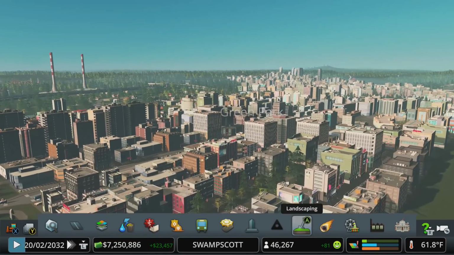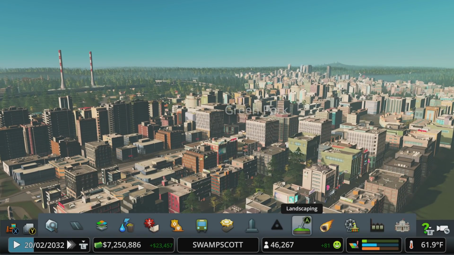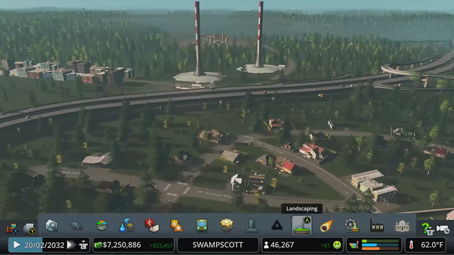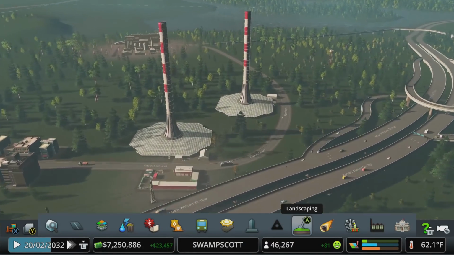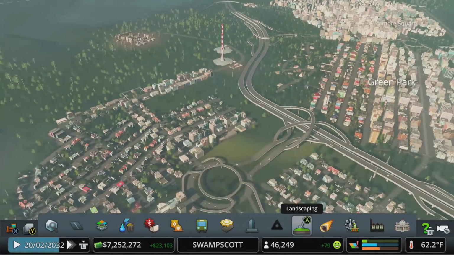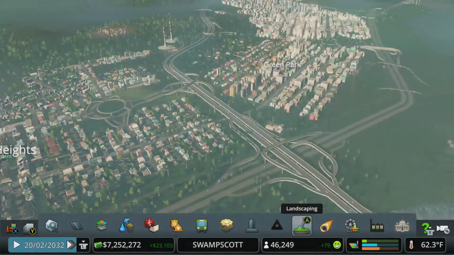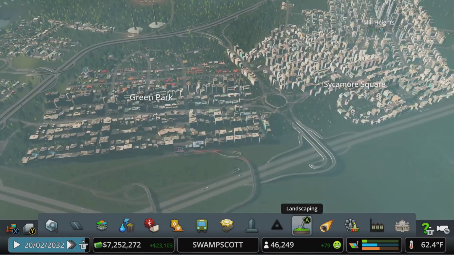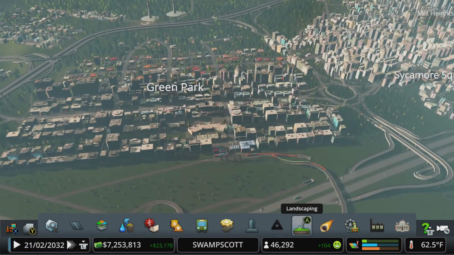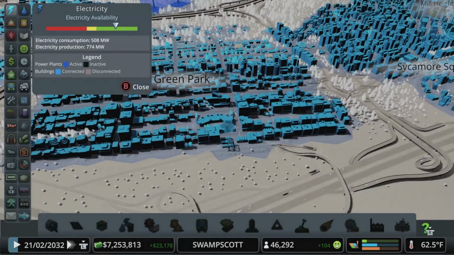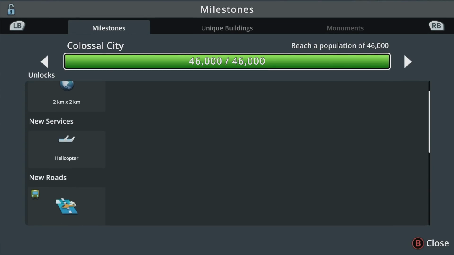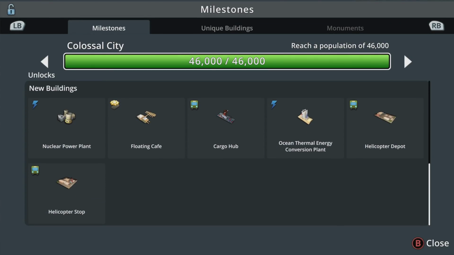I can't recall if that usually gets us there. I think that it does. A nuclear and 2 of these. Worst case, 2 nuclears and 2 of those, and we'll be good to go. And then we'll have the fusion plant, and then we will never need to worry about power again. So power's okay. We want to do the helicopters, but we also might consider an upgrade to our